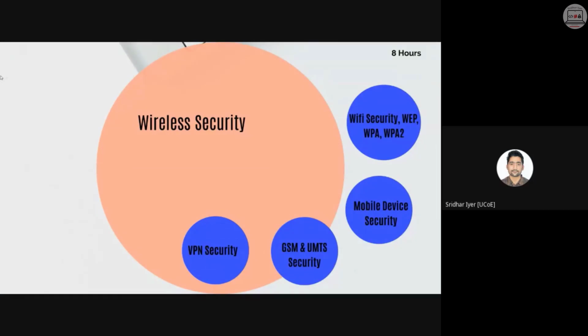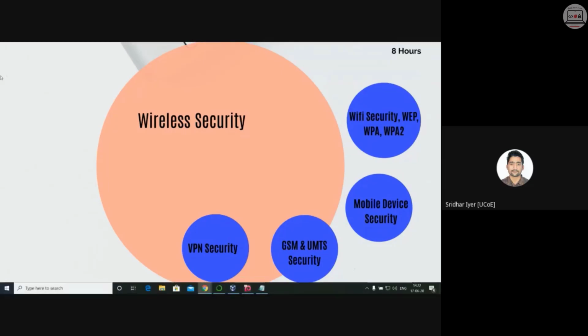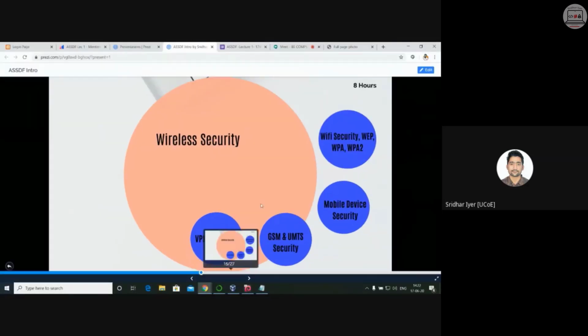For example, we are not using Zoom right now, we are using Meet. Why? Because it was found out that Zoom is having some security implications. It reads your location, it reads your data, computer data, mobile data, it can track your history and all. So that's why we are not using Zoom, we are using Google Meet. It's just an example. Okay. So similarly, in this module, we will learn about all these things.